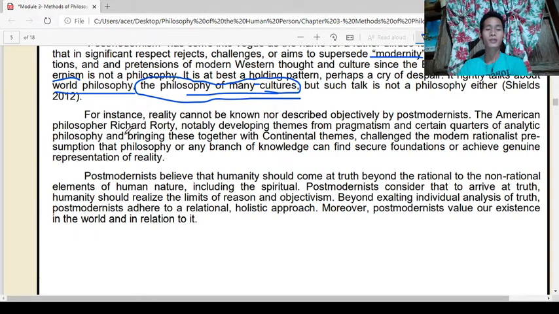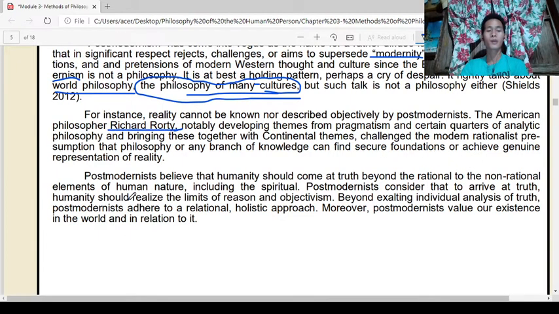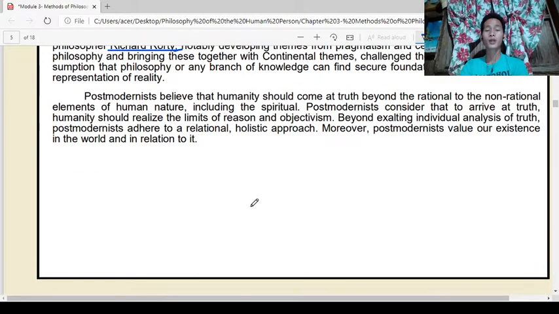The American philosopher Richard Rorty, notably developing themes from pragmatism and certain quarters of analytic philosophy and bringing these together with continental themes, challenged the modern rationalist presumption that philosophy or any branch of knowledge can find secure foundations to achieve genuine representation of reality. Postmodernists believe that humanity should arrive at truth beyond the rational, to the non-rational elements of